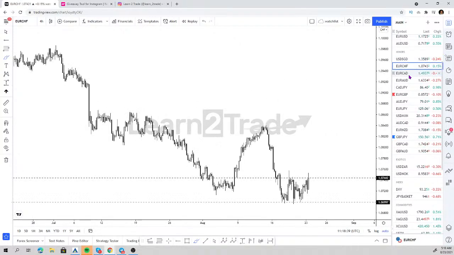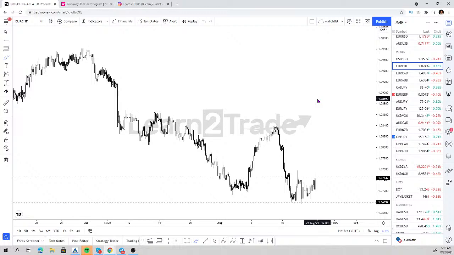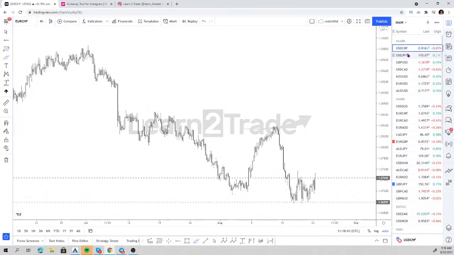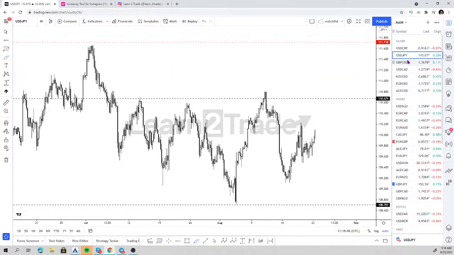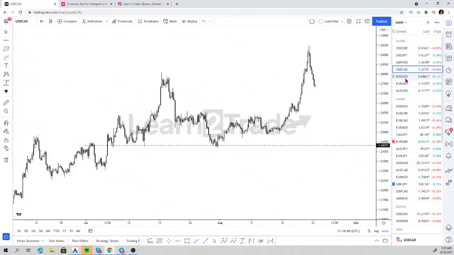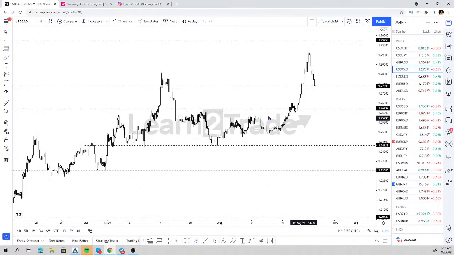Right, let's have a quick look at the watch list. Right, the US dollar CAD. I mean, I am going to look for longs on the US dollar CAD. So if you want to get on that,